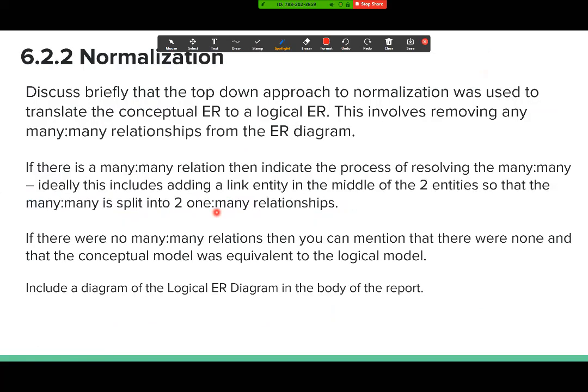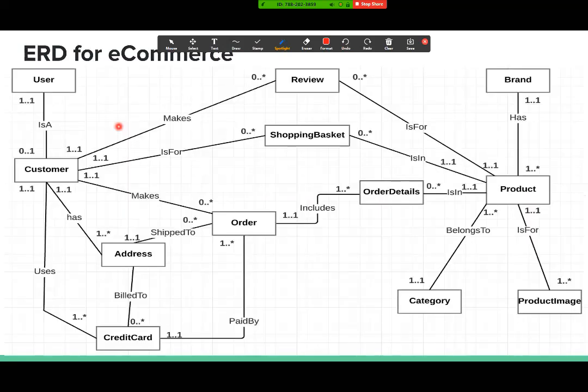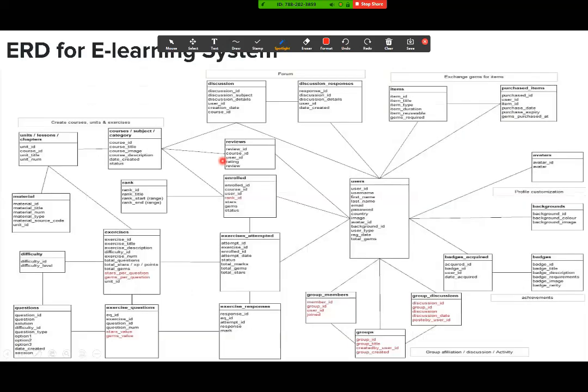And then the next step now is to produce your ER diagram. This is an example of an ER diagram. Wherever you see a line, that line is a relationship. Now, what this ER diagram is lacking is that it doesn't tell you which ones are one and which ones are many. It doesn't include the relationships in it, right? This is a better approach. You're seeing one and many, etc. This is a preferred approach for e-commerce. However, this one I got from Marcus from Access. It generates the diagram, but it doesn't put the one and the many. This is one he had done on a diagram tool, but the ones and manys were not included. So it's lacking that.